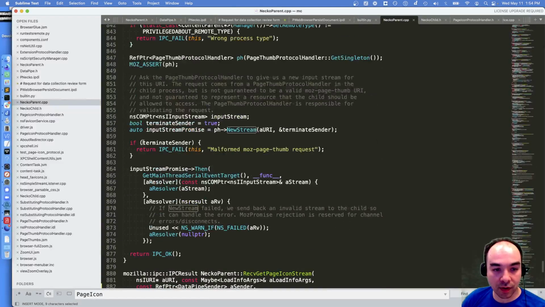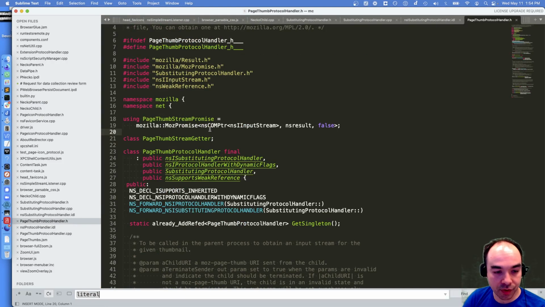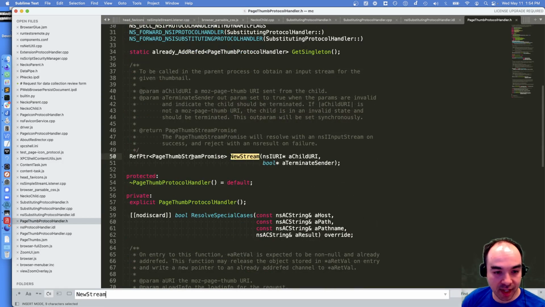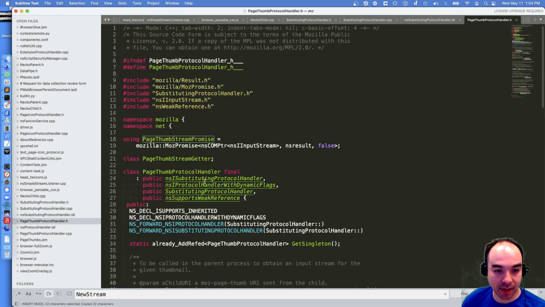The way that this works over here is that NewStream for the page thumb protocol handler returns this thing called a page thumb stream promise. A page thumb stream promise is a Moz promise that takes this as its template arguments. So we're going to copy this approach.